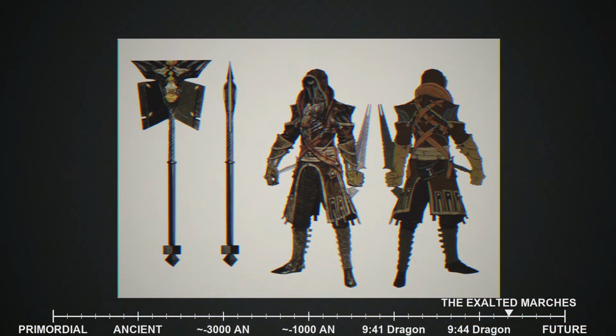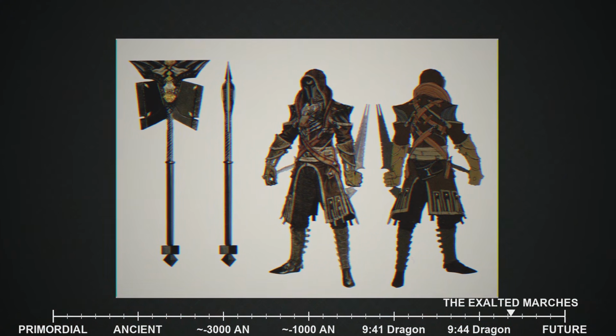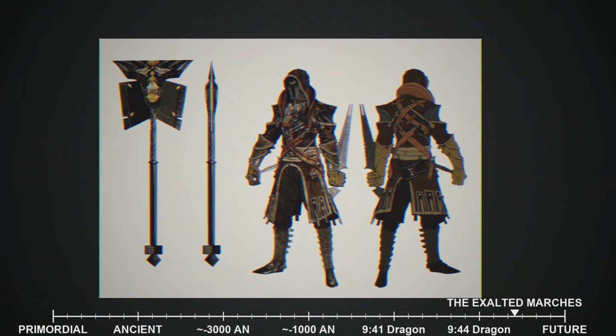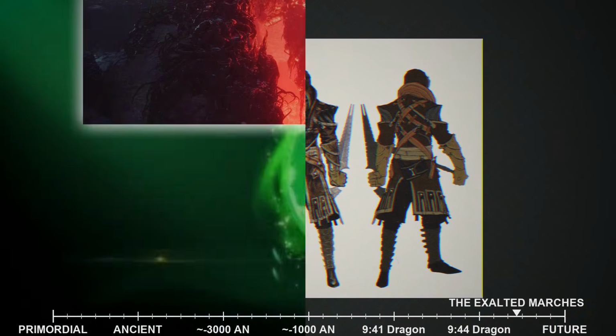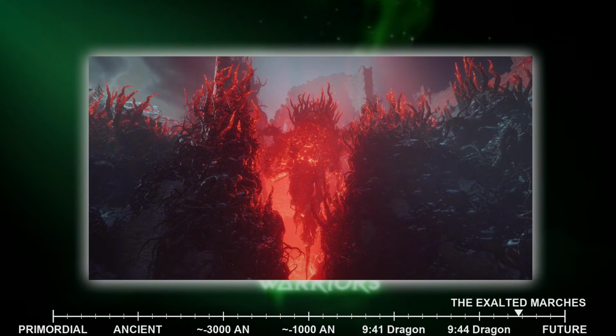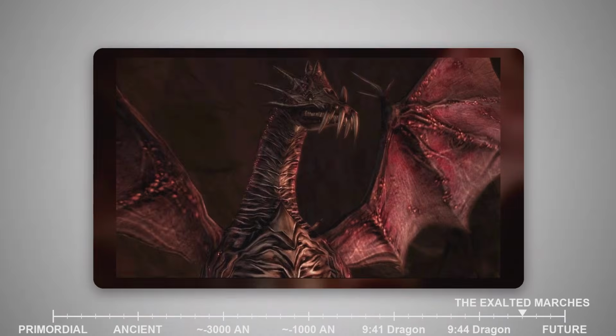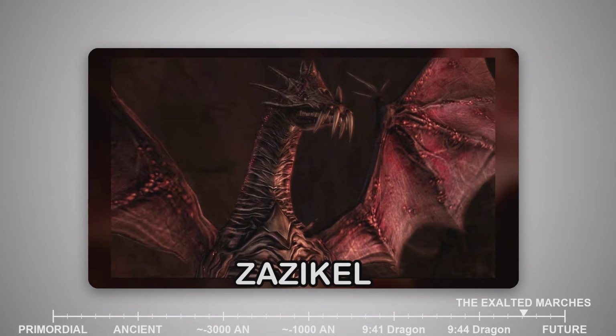While the Imperium still held vast swathes of land, its influence was undeniably waning, a slow, agonizing decline marked by internal strife and external pressures. This period of vulnerability would soon be tested by a familiar, terrifying threat, the Blight. The Second Blight erupted with the awakening of the archdemon Zazical, the dragon of command, from its slumber in the